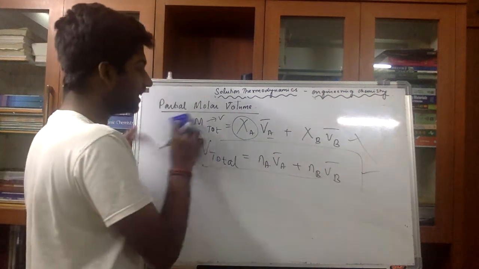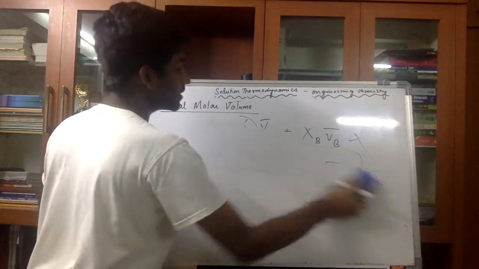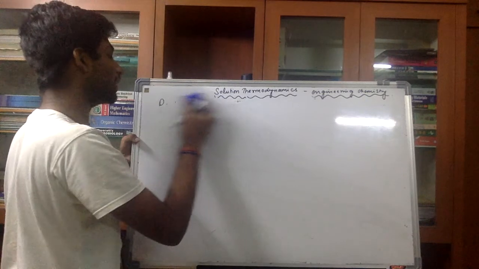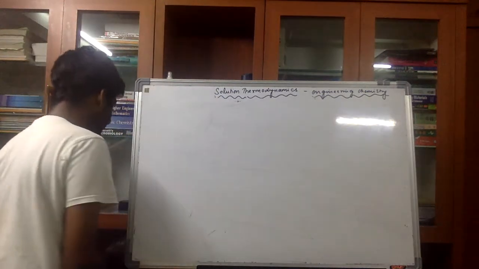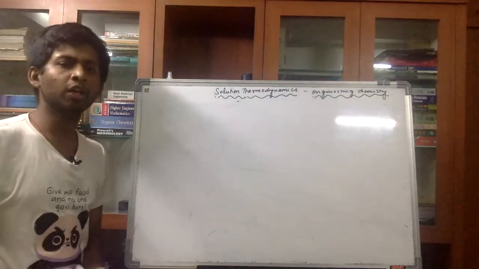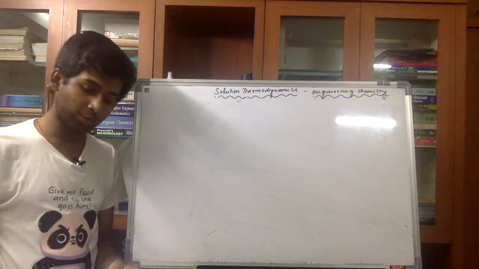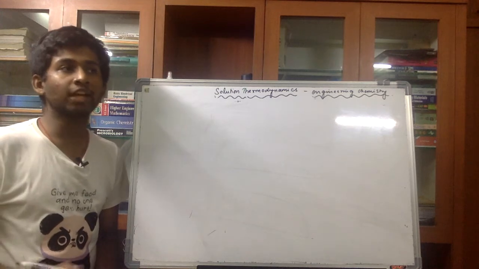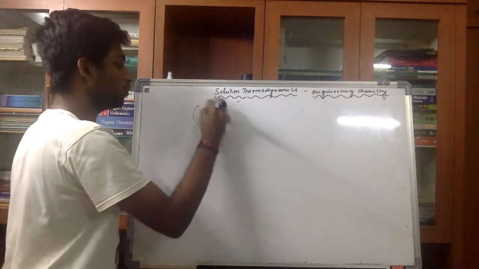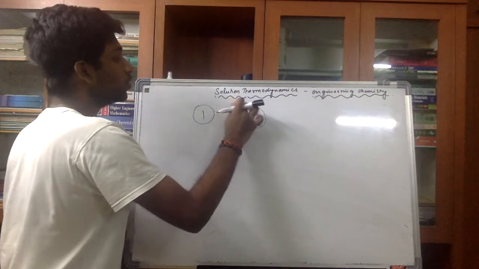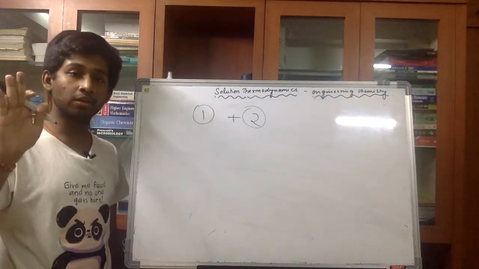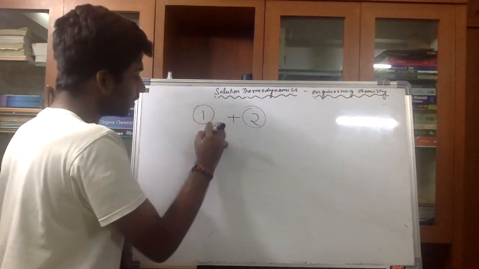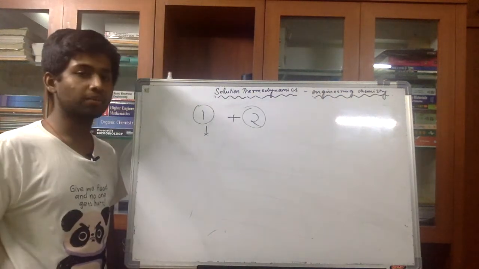Okay, so now next we have to go a little fast. Next one will be the way to measure partial molar volume. Now, the way to measure partial molar volume, there is supposed to be an experiment which everyone needs to know. The experiment is that you have to take two components, component 1 and component 2. So you are supposed to consider one of the components to be of constant volume or a constant number of moles. Let's consider component 1 to be of constant number of moles.